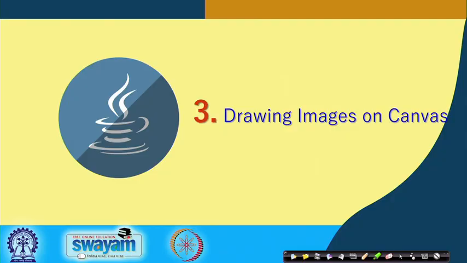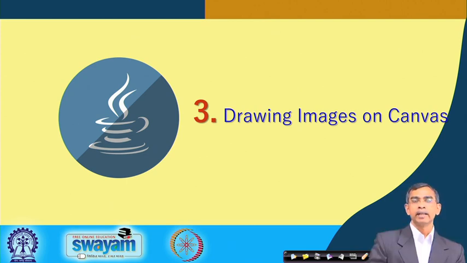Now, I will just discuss the third project here, drawing images on canvas. Probably you already have an idea about how a scribble can be done, so that the user can draw some image using the mouse pointer. But here it is not exactly the same thing, it is a bit different, and the idea will be a little bit in a phased manner.